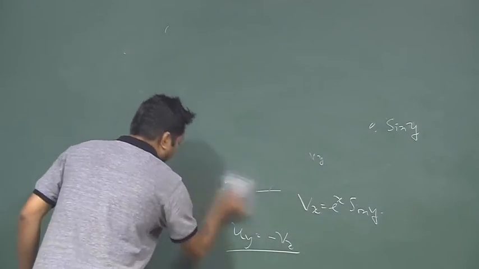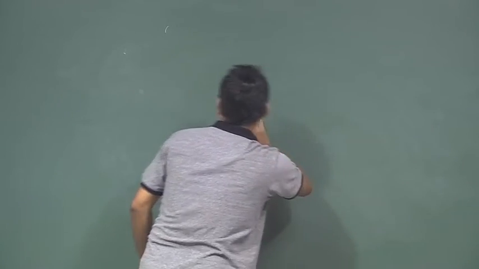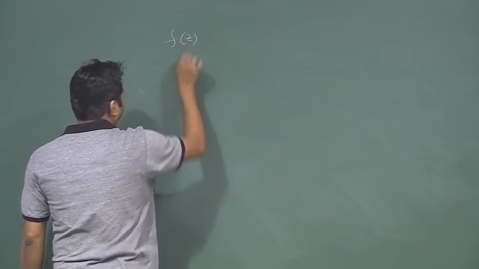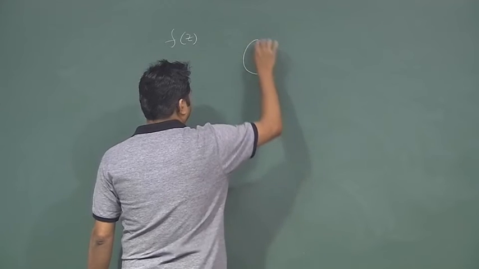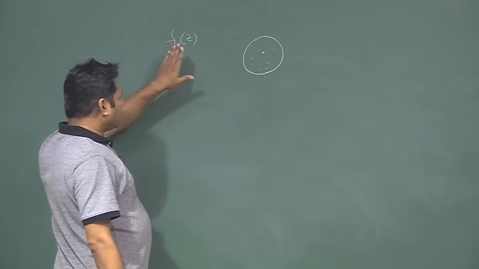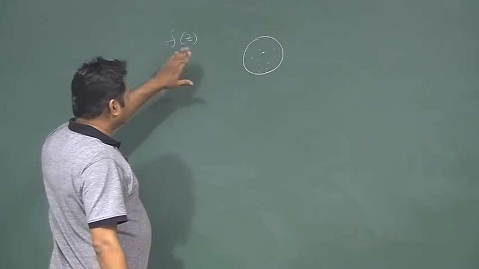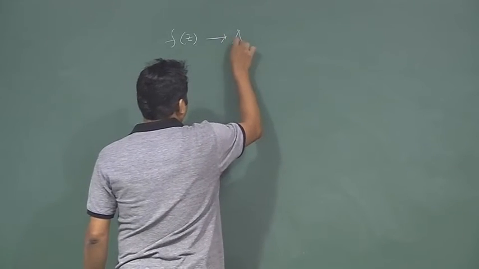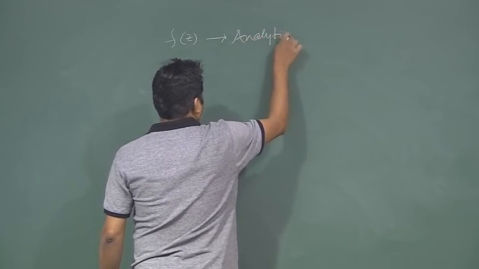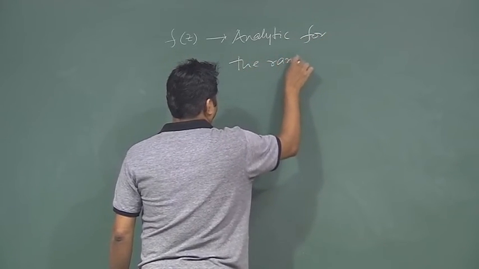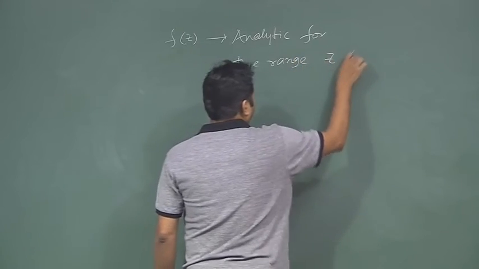Okay. Now, the last thing, after which I am going to stop: say a function f(z) is analytic in this region, and also we have some derivative over the region, that is the definition of analytic. So, now if f(z) is analytic for the range |z| less than infinity,